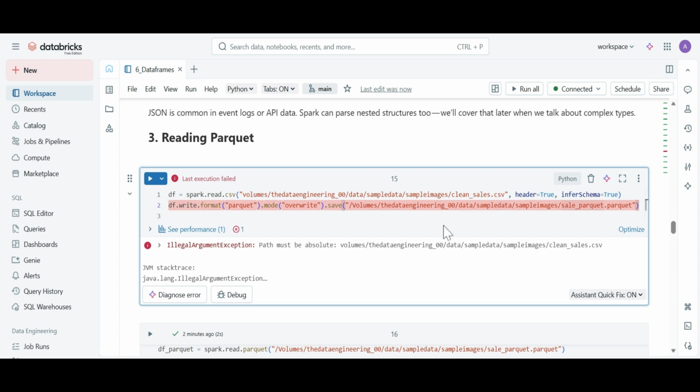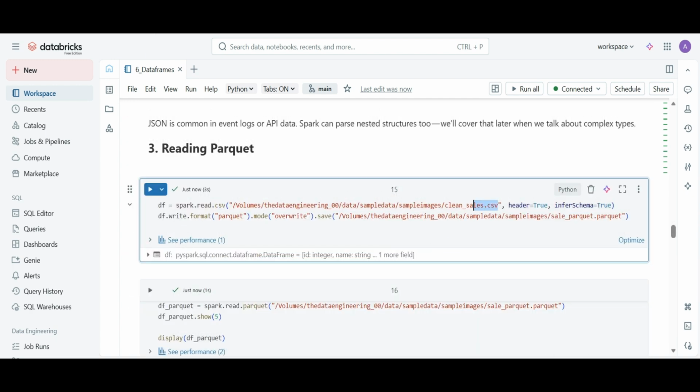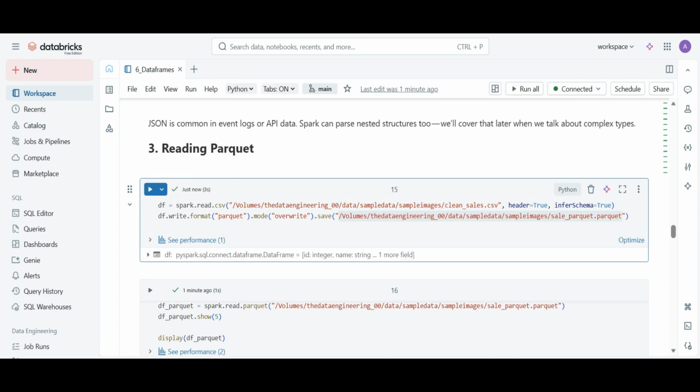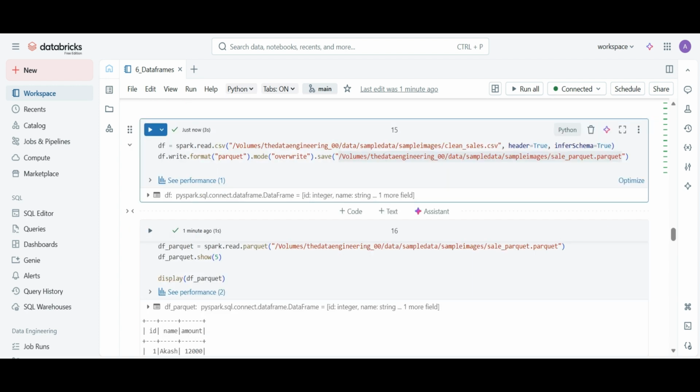Let us understand, the path must be absolute volumes. For our exercise, let us simply create one Parquet. What I'll do is read my CSV and convert it into Parquet. Let us quickly convert that. We have read the CSV and converted it into Parquet. And then let us read the Parquet from that place